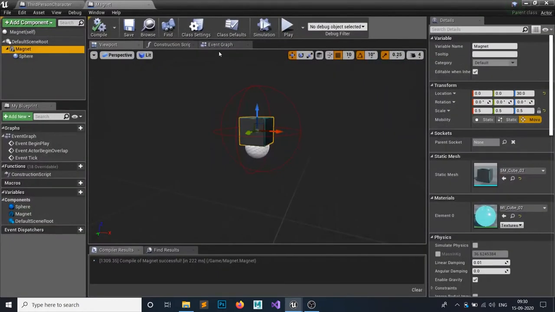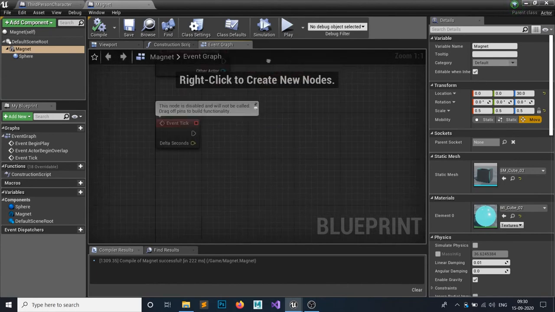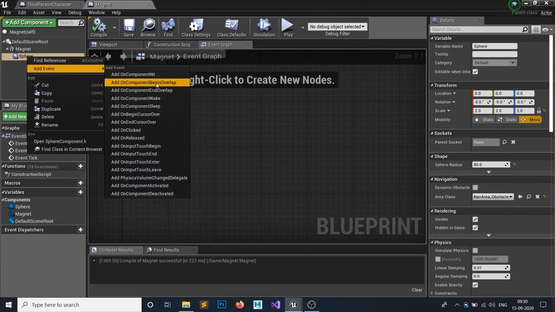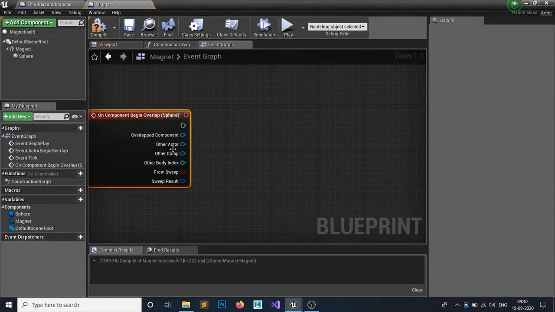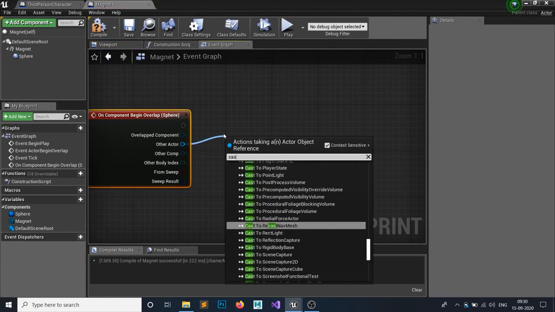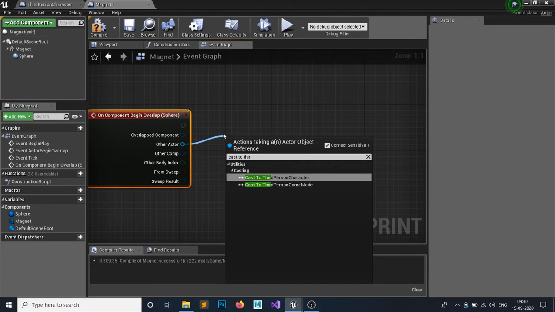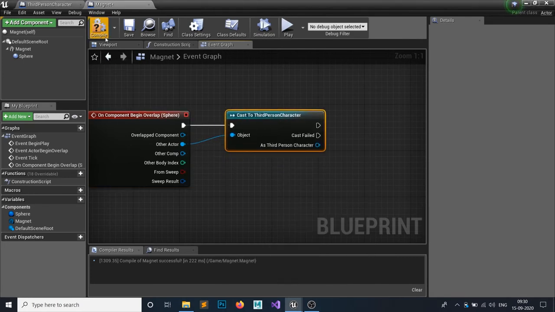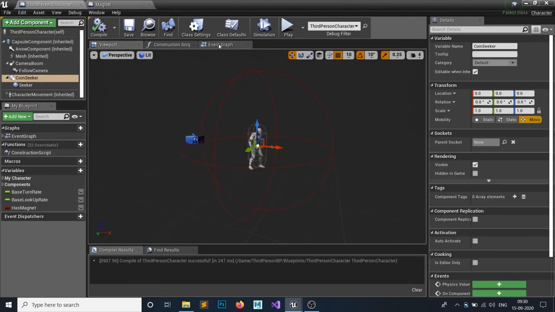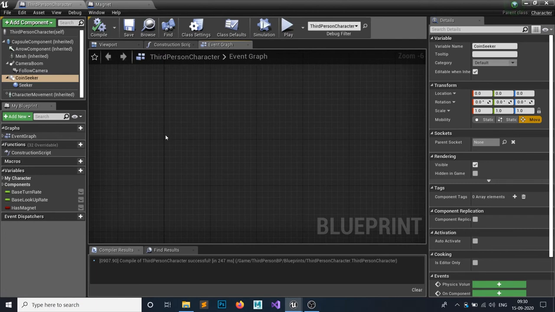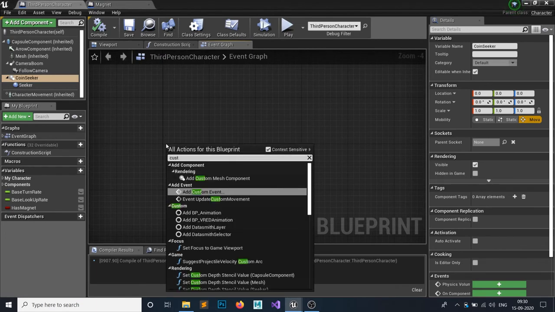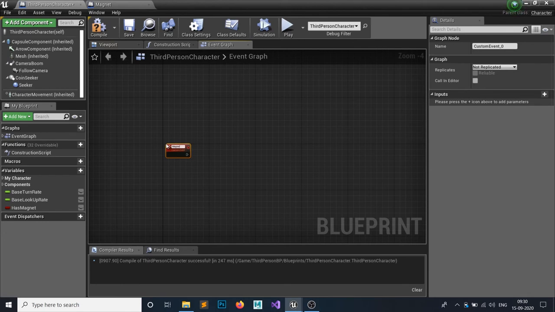Open your magnet up, and what we want to do is set begin overlap. So if our begin overlap is our third person, then what we want to do is set the magnet effect. So how are you gonna do that? Open your third person character and let's make a custom event, and we're gonna call it magnet effect.